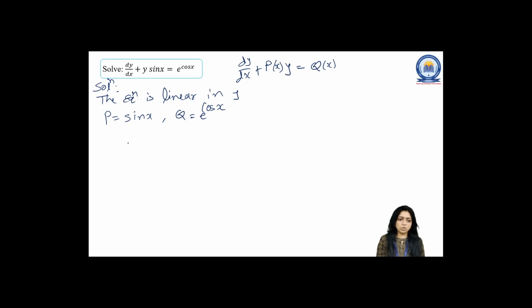So as per the rule, first we have to find the integrating factor, that is e raised to integral of P dx. So here e raised to integral of sin x dx, that is e raised to minus cos x, right? So this is my integrating factor, and the general solution is